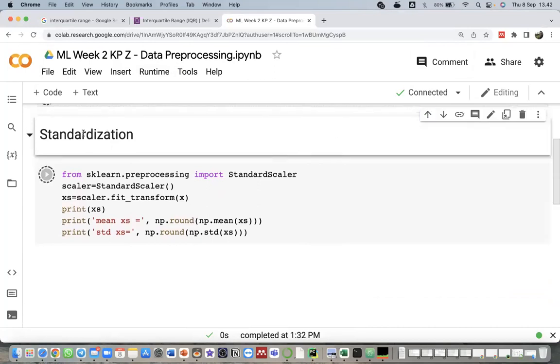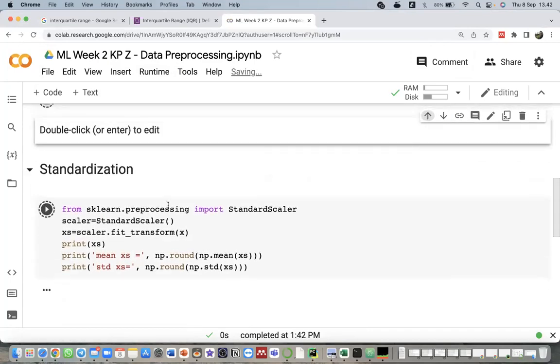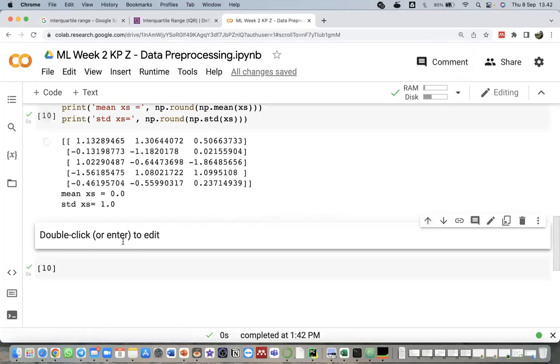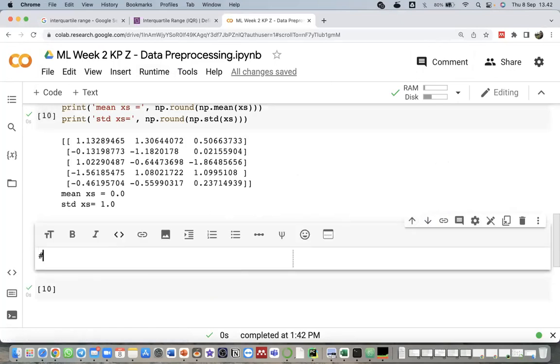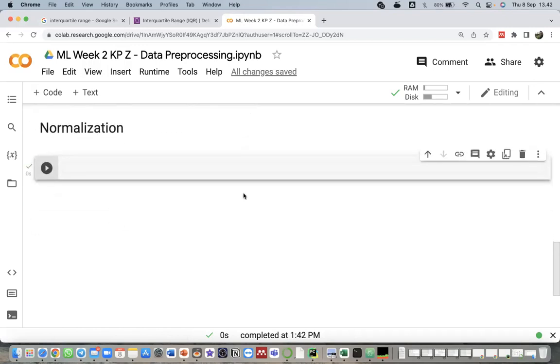Okay, I will add another text cell here. This one is normalization. The first one I will use is L1 normalization.